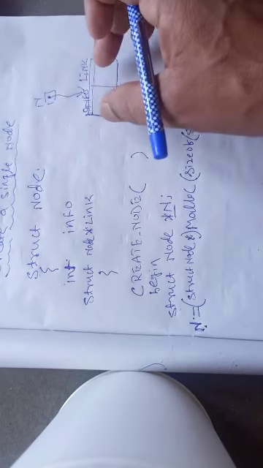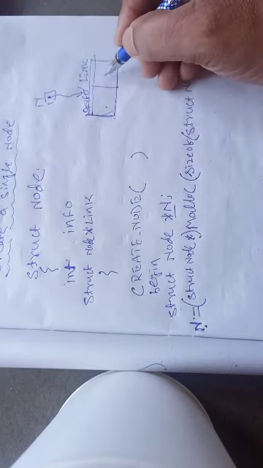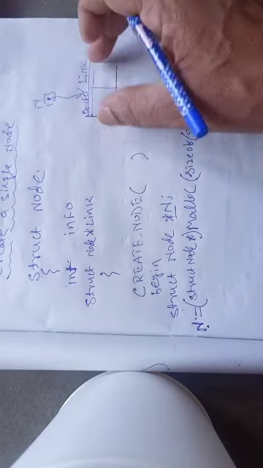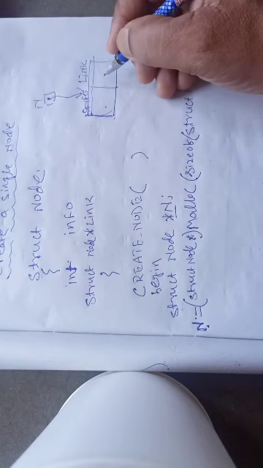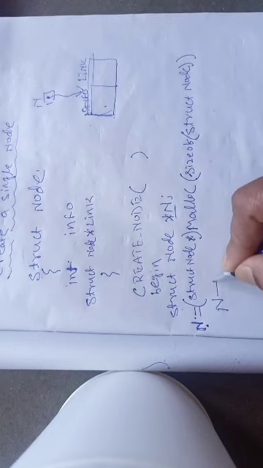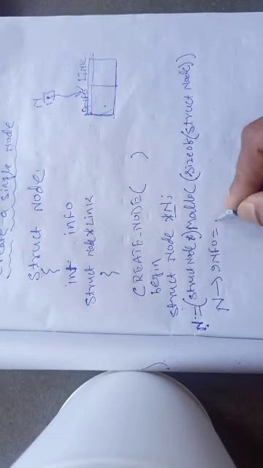Now once the memory space is reserved, we should store some data item, and in the link part we should store an address. So right now I am concentrating on a single node, so this link part must contain empty, must contain a null value. So how can I write? I will write n arrow mark info. So here I will store the data item.